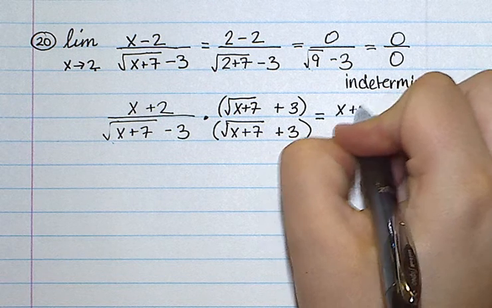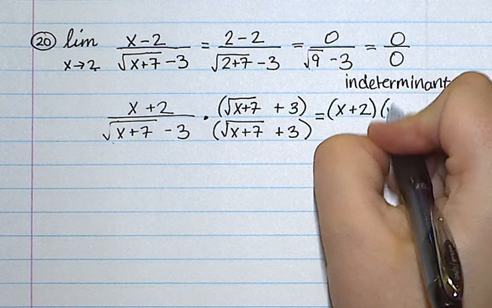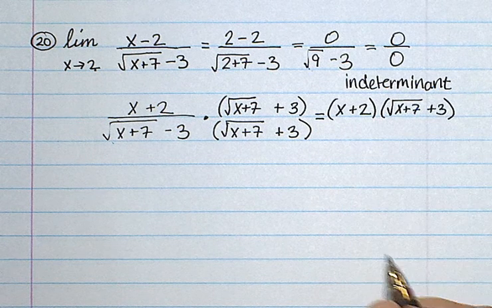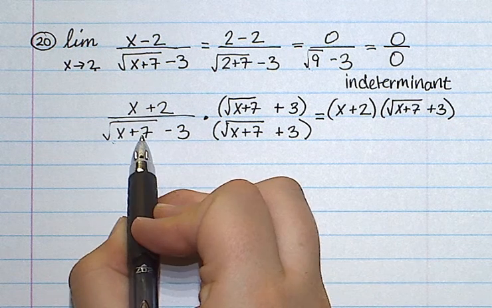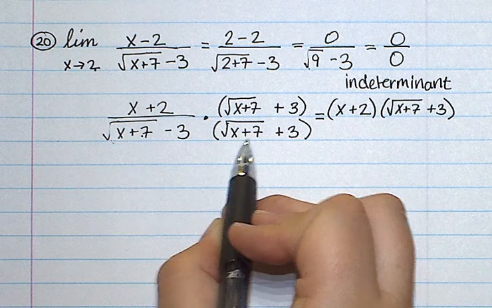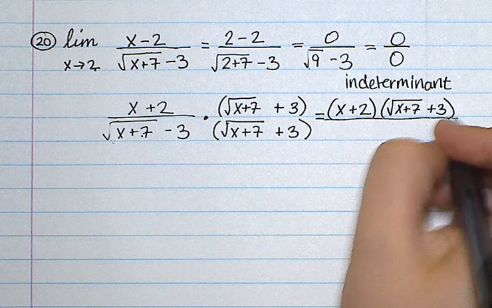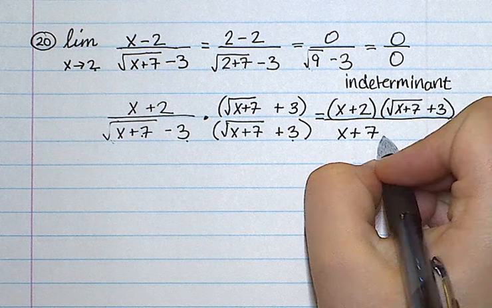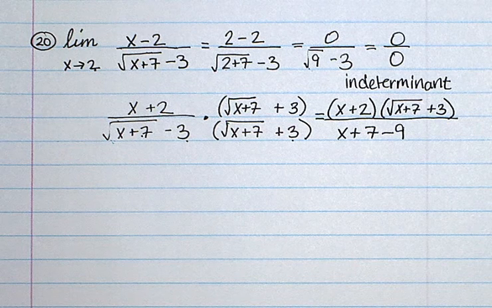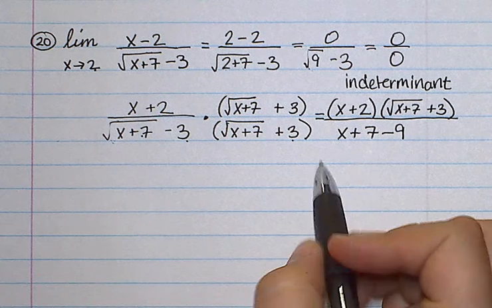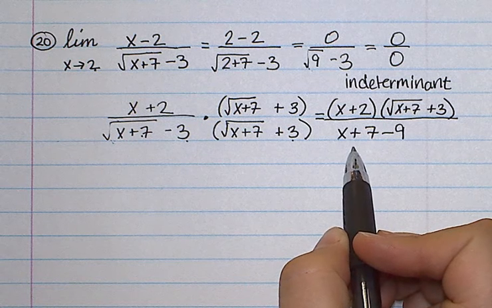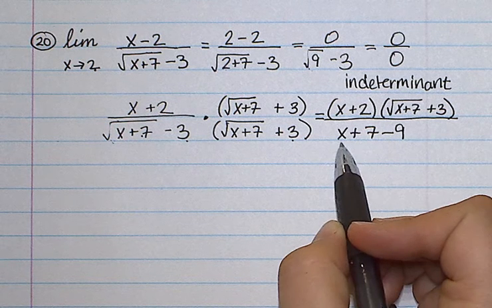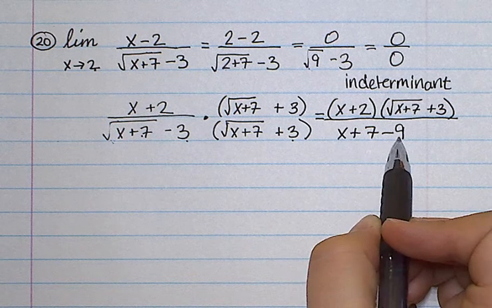I have x plus 2 times square root x plus 7 plus 3 in the numerator. x plus 7 in a square root times x plus 7 in a square root is just x plus 7. Negative 3 times positive 3 is negative 9. Alright, so now I have x minus 2